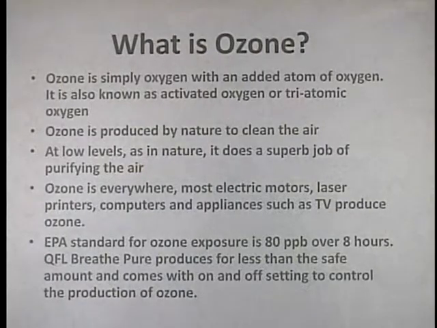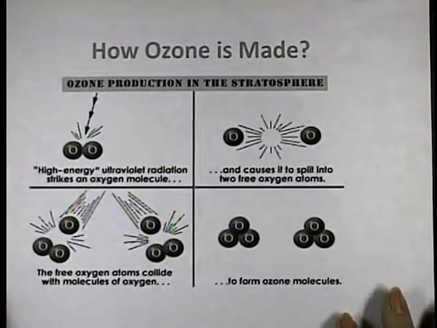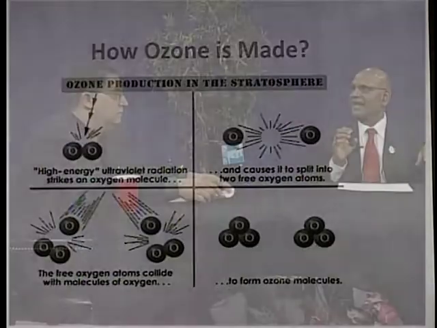What we do, we apply a high electrical discharge and break those atoms, separate them. And then they recombine. If you see the picture over there, there are 2 atoms, and there is a high electrical discharge through which those atoms are separated, and then they recombine with the oxygen molecule, and they form something called 3-atom oxygen. That's called triatomic oxygen, also known as ozone.